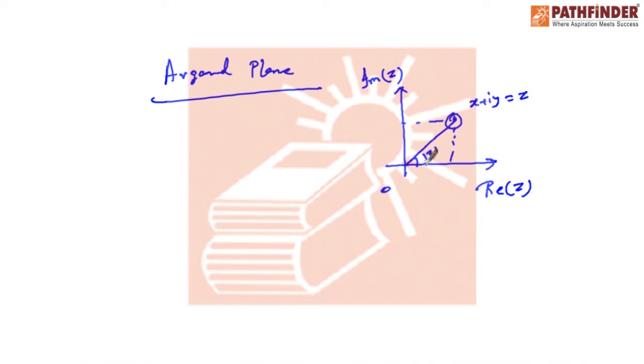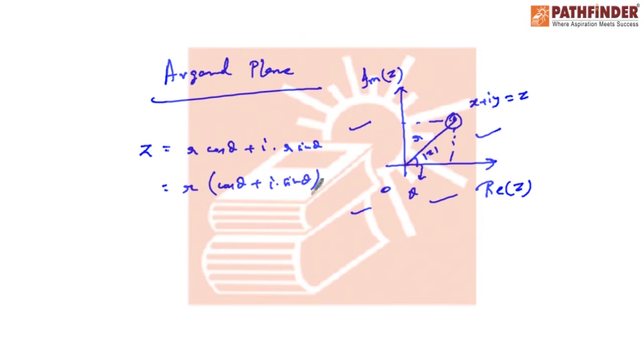This angle is taken in the anti-clockwise sense in case the point lies in the first or the second quadrant, and the amplitude is taken in the clockwise sense if the point is in the third or fourth quadrant. Of course, you can clearly observe that if this angle is taken as theta, then every complex number z can also be represented as r cos theta plus iota times r sin theta. So, taking r common outside, where r is basically mod z, we can write it as cos theta plus i sin theta.